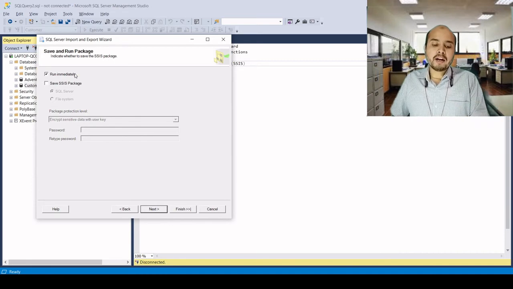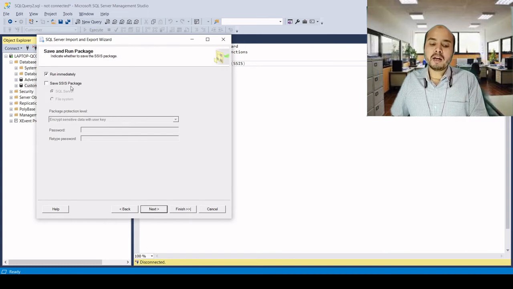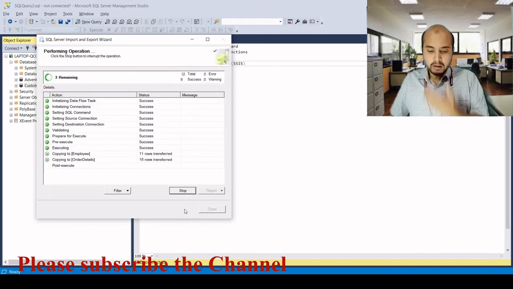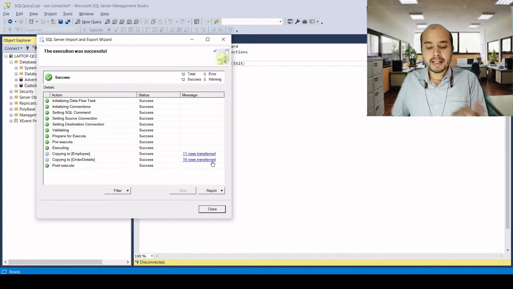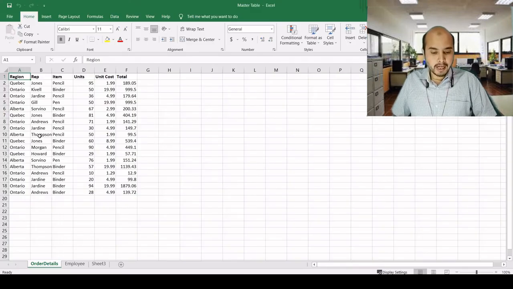Here you can click on Run immediately and go to next. Or if you want to create an SSIS package for future use, you can click on this. Currently I just need it immediately and I don't want to use it in future. So click on the Next button, and here you are done with it. So here you can see in the employee sheet there were 11 records, and in order details there were 18 records in the Excel file. Let's check how many records we had in the Excel file. Here is the Excel file, and you can see there were 18